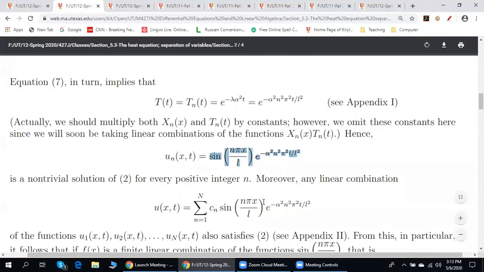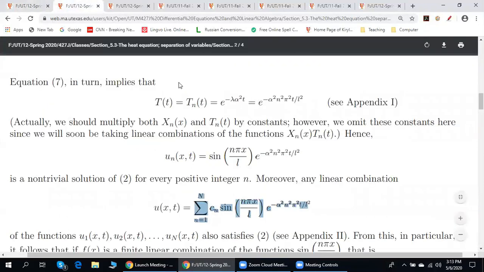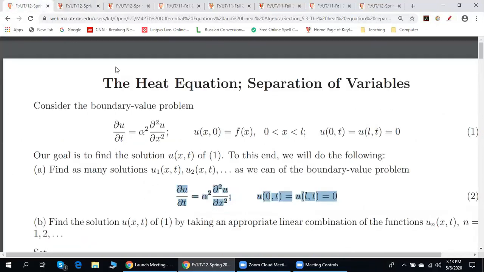However, since any their linear combination is a solution of this problem, now we have some hope that if, say,